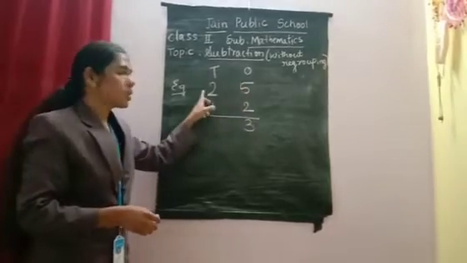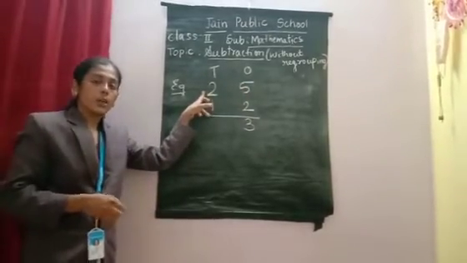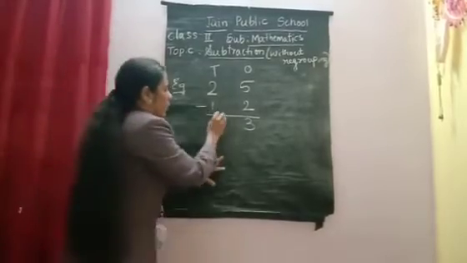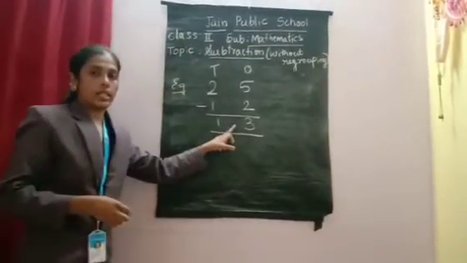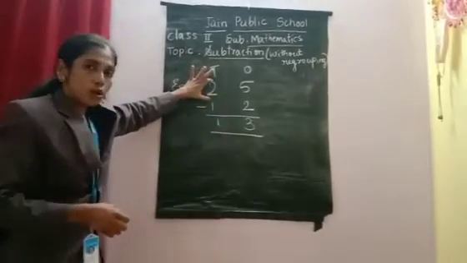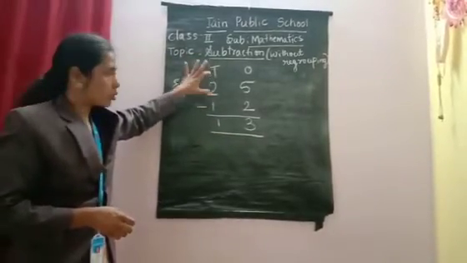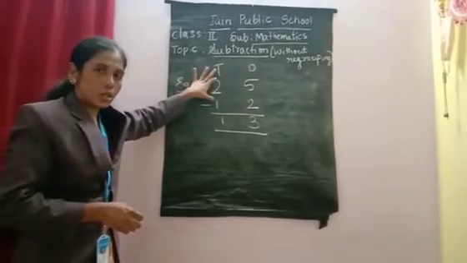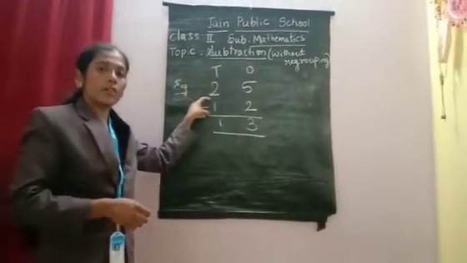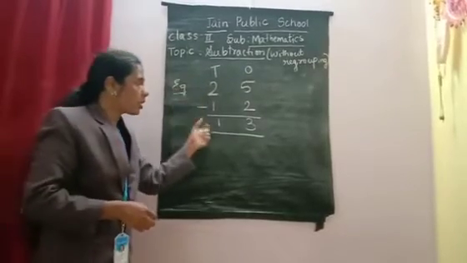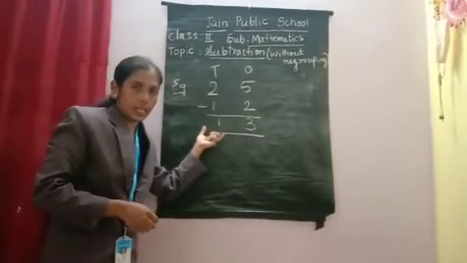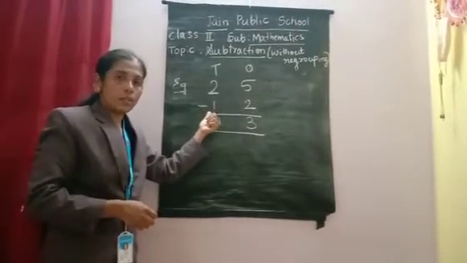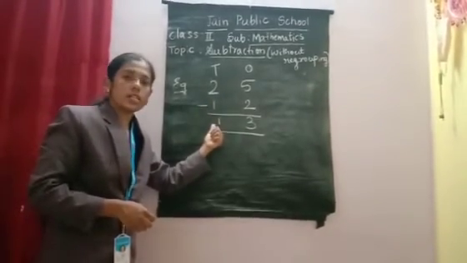Come to the tens place. Which is the bigger number here? 2 is the bigger number. 2 in your mind, 1 on your finger. 2 before number is 1. The answer will be 13. Out of 25 chocolates, the total number of chocolates Sheena had is 25. Of these, she gave 12 chocolates to her friend Meenu. Remaining, how many chocolates are left with her? That is 13. Understood? After giving to her friend Meenu, the remaining chocolates left with her are 13.